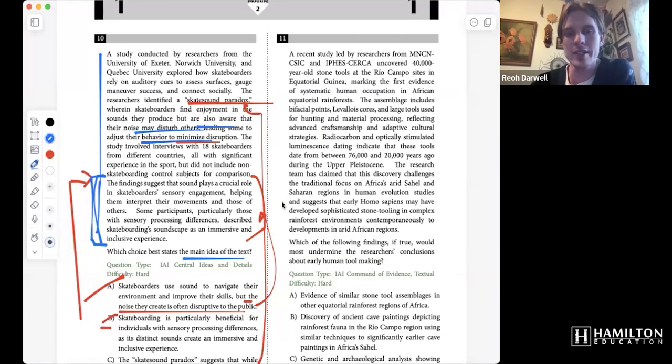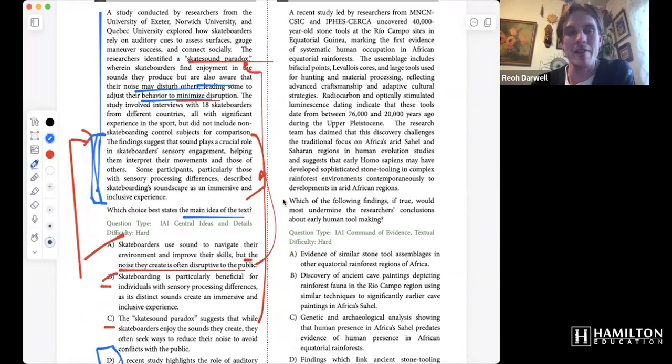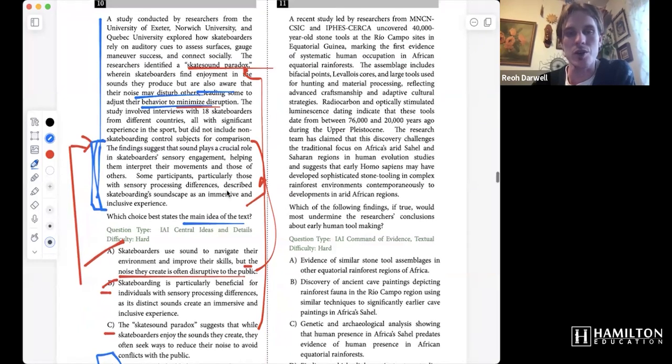All right, question 11 is a great command of evidence question, all right? So we are looking to undermine. Remember, undermine is to repudiate, to contest, to make bad the researchers' conclusions about early humans' tool making. So I'm going to take it that you read this passage, all right? So what do the researchers conclude about early human tool making? They say